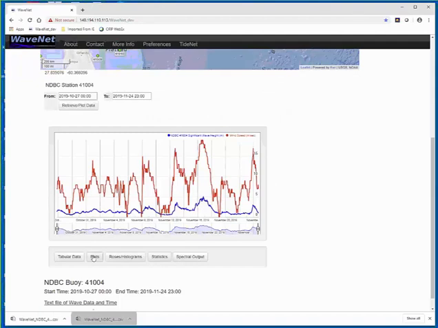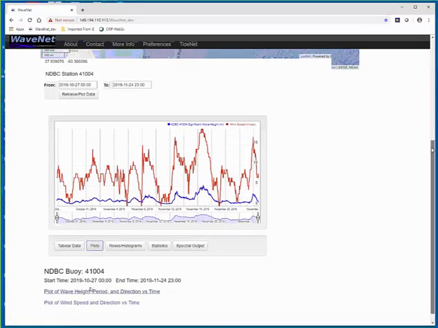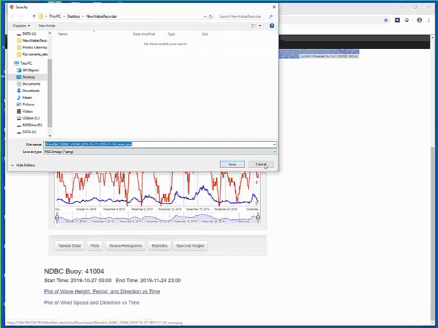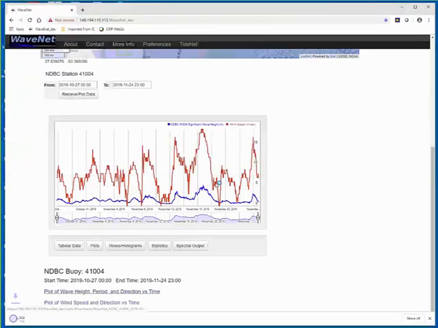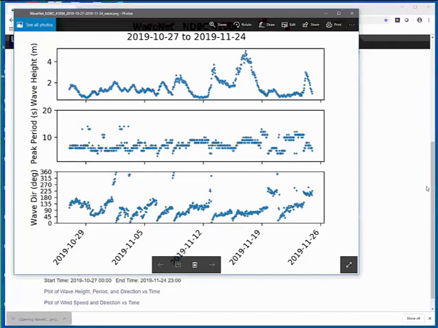So, next is the plots. In the plots, double click and this is the plot for the wave height, peak period, and wave direction.